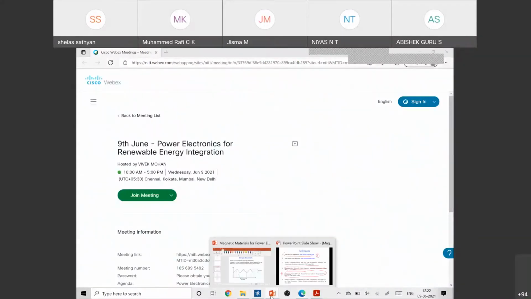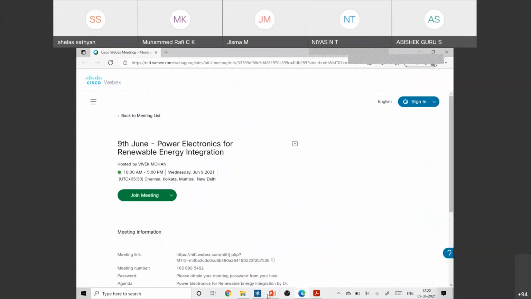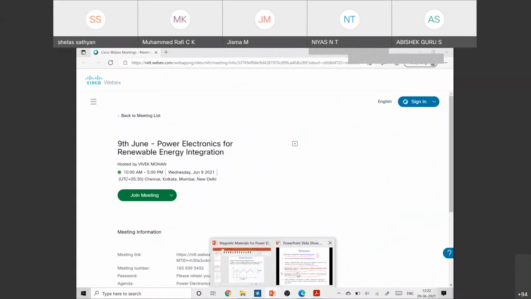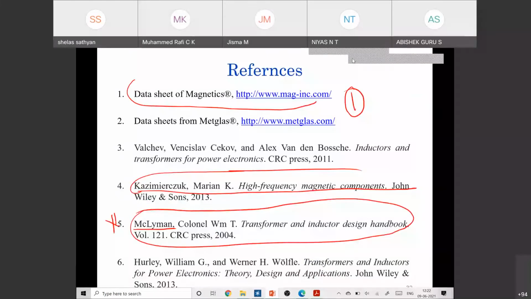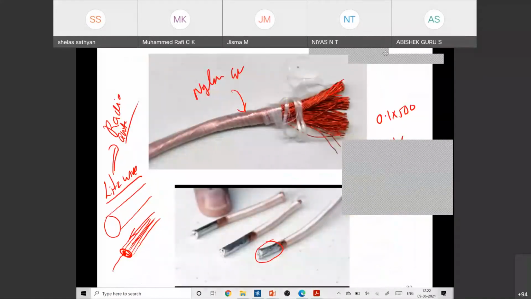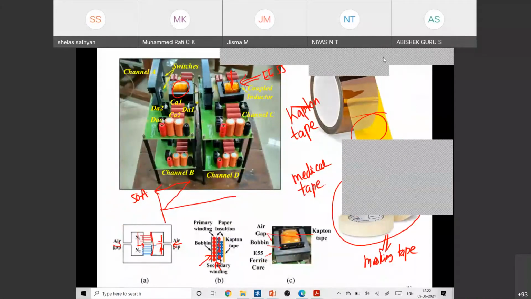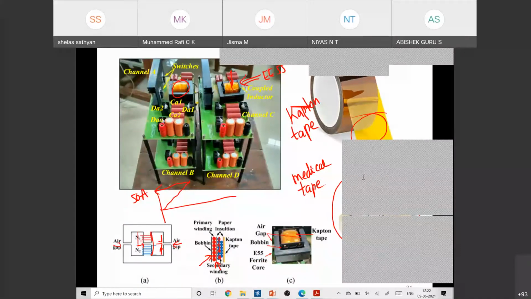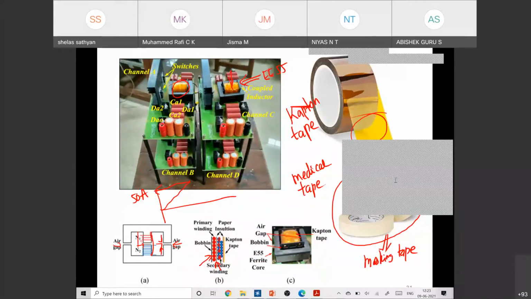Thank you, sir, for your very detailed and informative session on magnetic materials for power electronics. You have discussed different magnetic core materials used for power electronic applications like ferrite core, powder core, their properties, various design aspects. You have also explained the design of high frequency inductors using ferrite core in detail with an example. The session is now open for discussion.